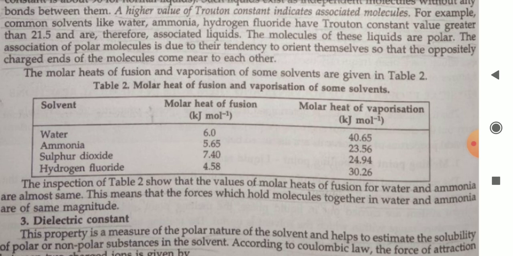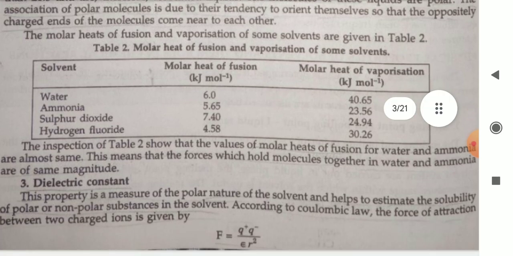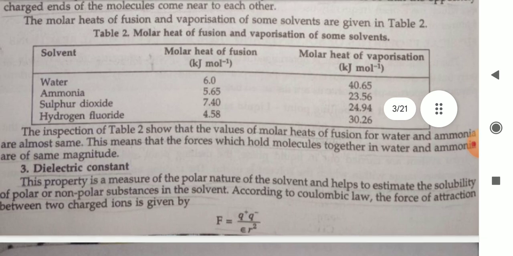Third is dielectric constant. This property is a measure of the polar nature of the solvent and helps to estimate the solubility of polar or non-polar substances in a solvent. According to Coulomb's law, the force of attraction between two charged ions is given by F equals Q positive times Q negative divided by sigma R square,